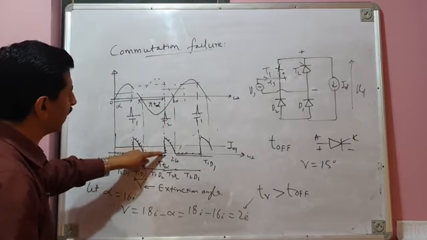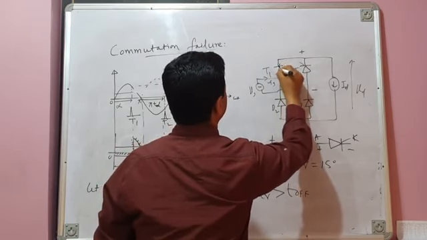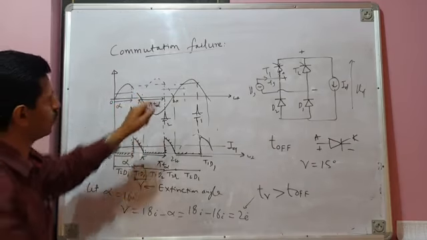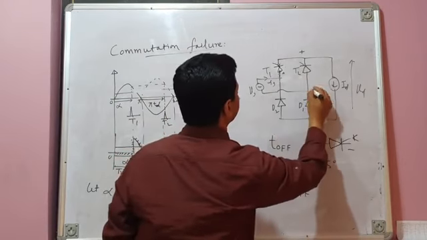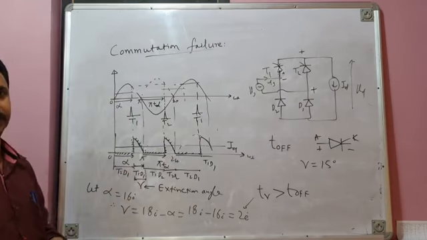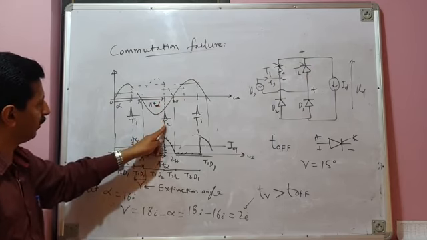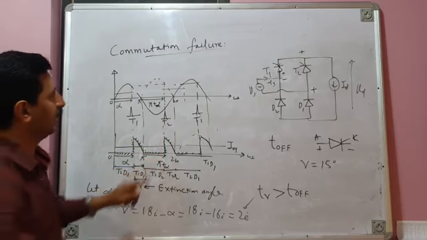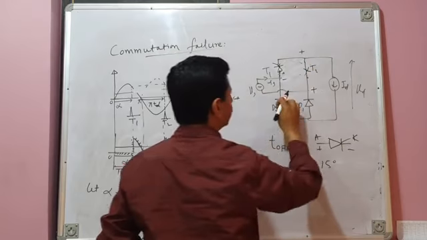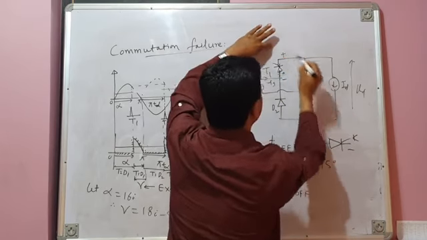Fine. After that, freewheeling action takes place. When freewheeling action takes place, T1 and D2 conduct. After that, the negative half cycle of the source voltage comes. Negative half cycle means this is now positive with respect to this, and thyristor T2 is waiting for firing. Now at omega t equal to pi plus alpha, a firing pulse is issued to thyristor T2. Thyristor T2 immediately goes into conduction. T2 and D2 conduct, and since T2 goes into conduction, positive comes here.